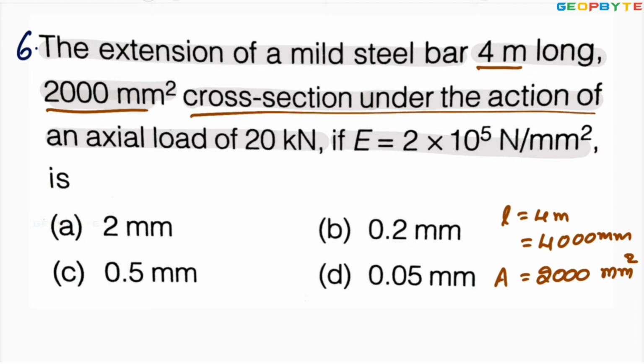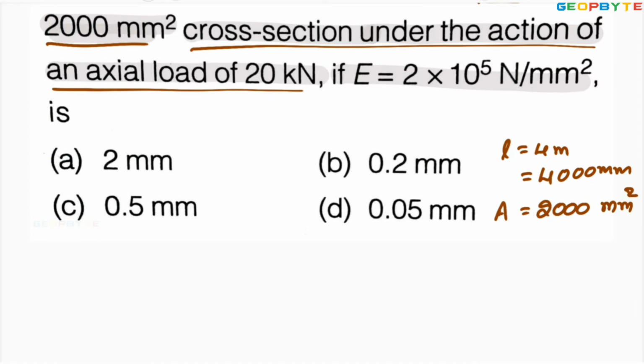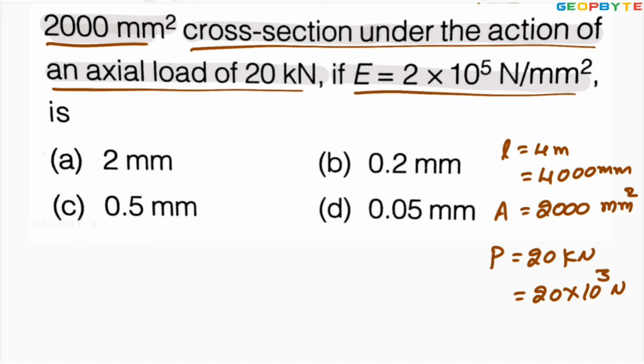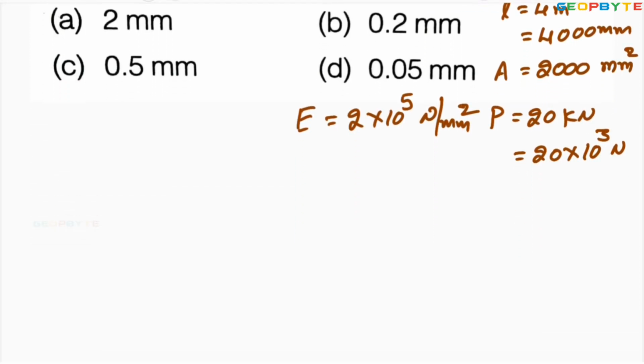Under the action of an axial load of 20 kilonewtons equal to 20 into 10 raised to 3 newtons. If Young's modulus equal to 2 into 10 raised to 5 Newton per mm square, you are asked to find the extension or